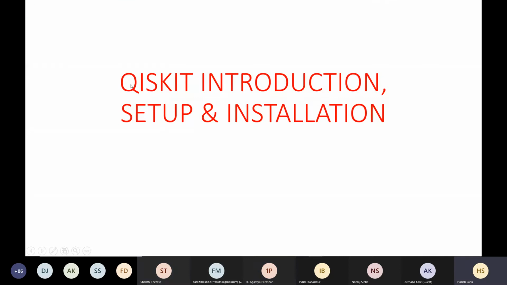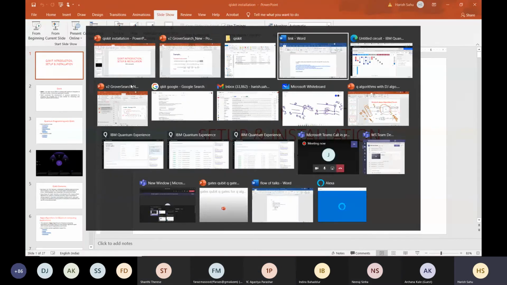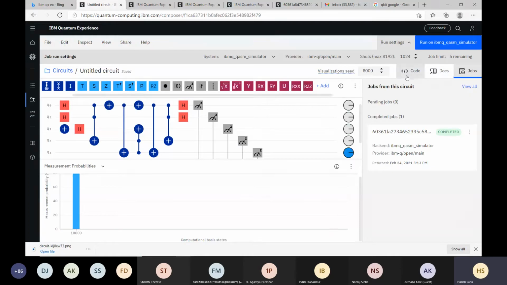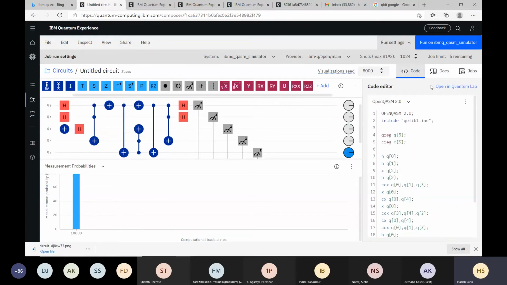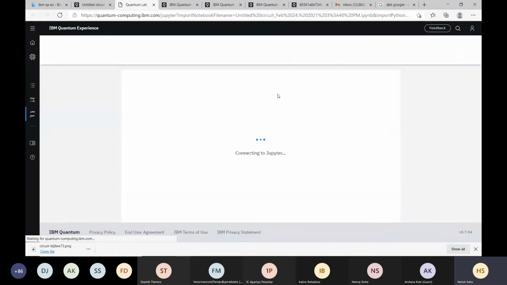Perfect. Before going to that, I think I should show it there so that you can see. So if you see here, codes, and we have seen this QASM code. There is another thing, open in Quantum Lab. If you open it in Quantum Lab, it's also a kind of Jupyter notebook.